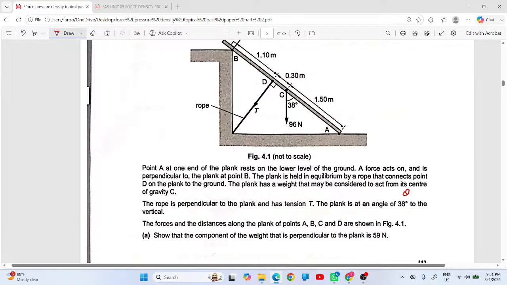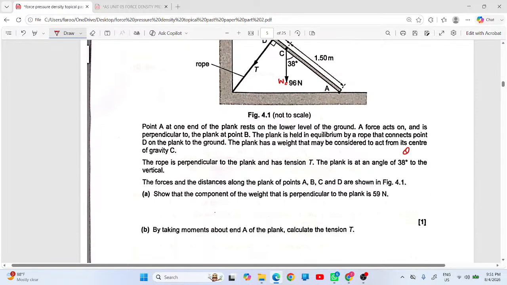Okay. Show that the component of the weight that is perpendicular to the plank is 59, और मैंने आपको बताया हुआ है